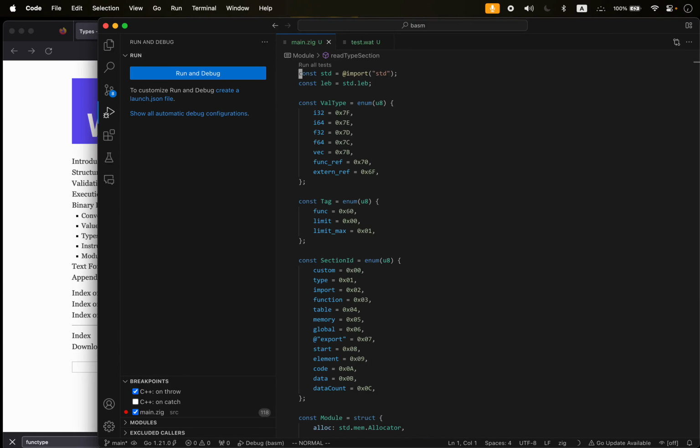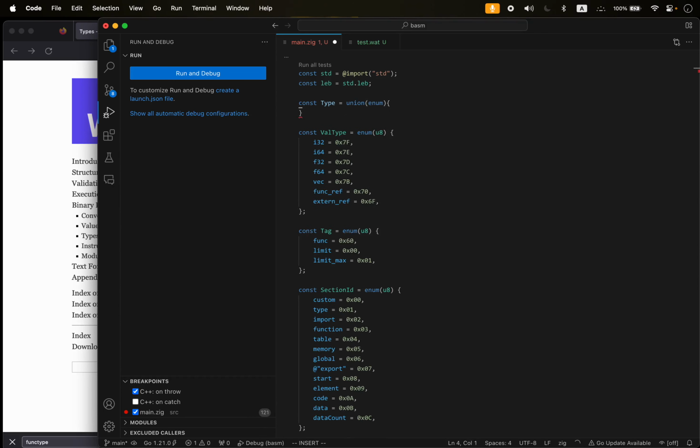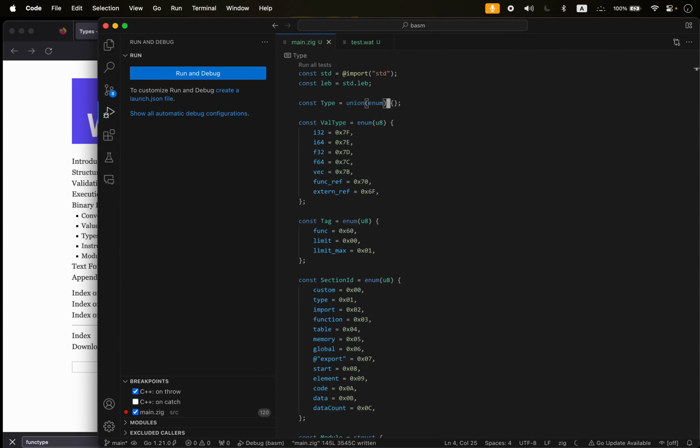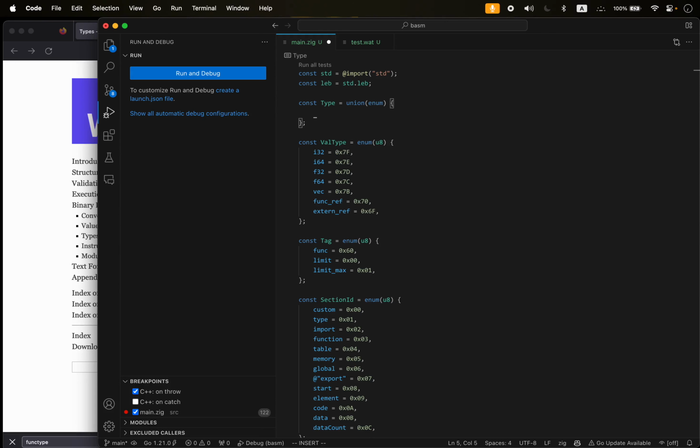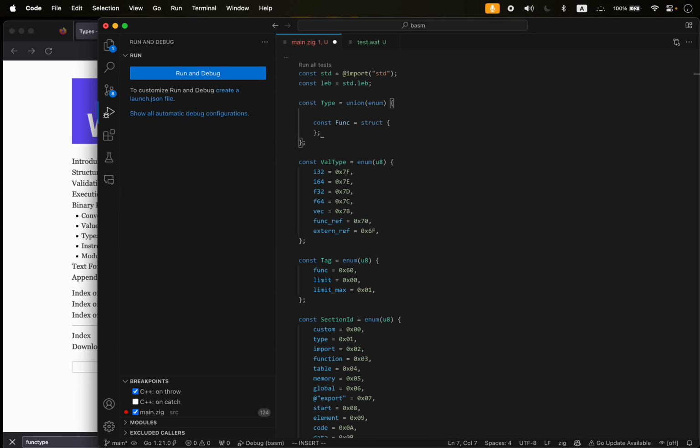Because why not? And so we're actually going to have our, and I'll probably end up doing this kind of thing. So it's specified like, hey, this is a WebAssembly specific thing, and then here is a specific thing to like the interpreter. But for now, I'm just going to do type is a union enum, which is a really awesome Zig thing, which is just a shorthand for making a tagged union. But we're going to do a const func is a struct that's going to have